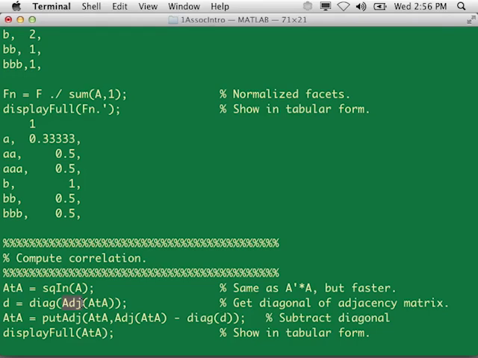So this just basically copies that field out, and we're going to get the diagonal. The reason we want to get the diagonal is when we do correlations, we always get this dense diagonal. I want to eliminate that. So I'm going to take the adjacency matrix of the original correlation matrix, subtract the diagonal, and then